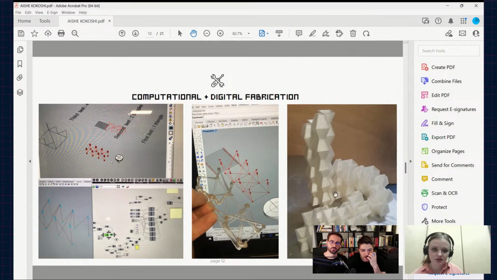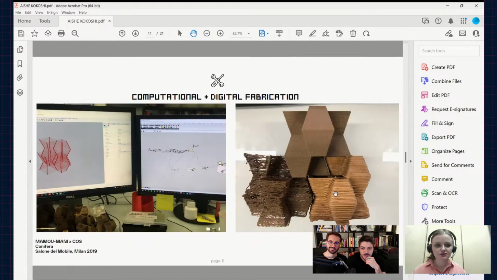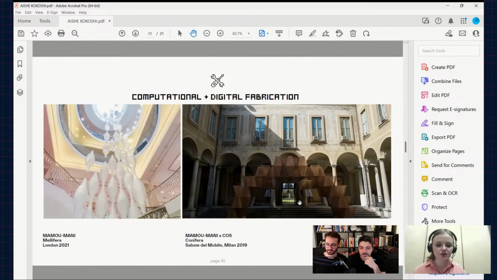We have one question about the UV. Do you know if bioplastic materials are UV resistant? Good question. I know that for this one, for the COS, it was water resistant, but I'm not sure about the UV. It should be, but I'm not sure. I don't want to say something. But good question.